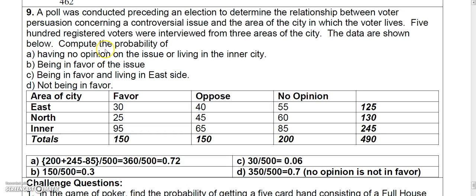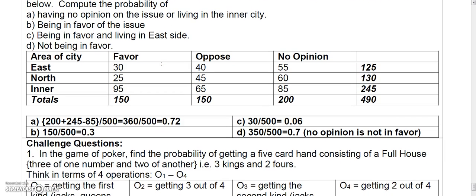Okay, so we want to know the probability that if we select one of these people, they'll have no opinion on the issue, or they live in the inner city. Now this "or" is a union. So to get the number in a union, remember we have to use the addition principle. You have to find out how many have no opinion. There's 200 that have no opinion. And then you add to that the number that live in the inner city, which is